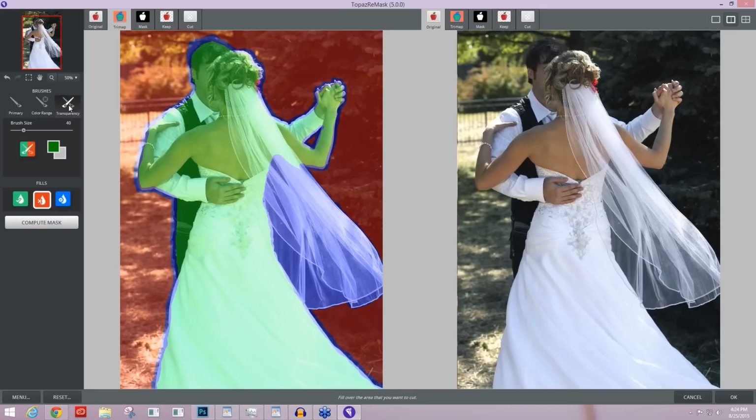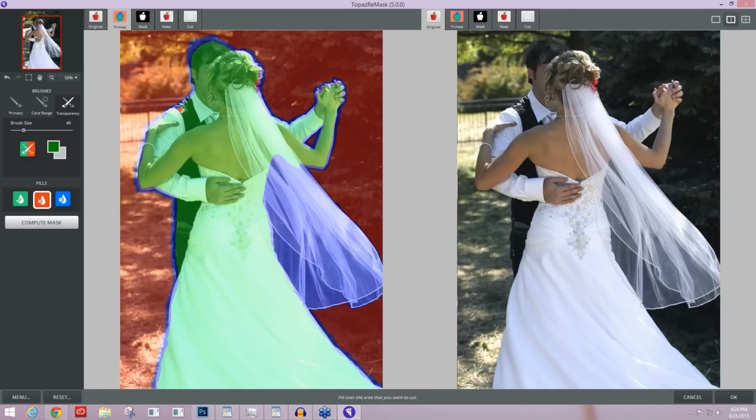So it's over here on the right hand side underneath our brushes tab, and basically you tell the transparency tool what color you want to cut, what color you want to keep, and then you paint onto the transparency with the brush that is provided, and it's going to just kind of remember what color you wanted to keep and what color you wanted to cut, and then you can compute your